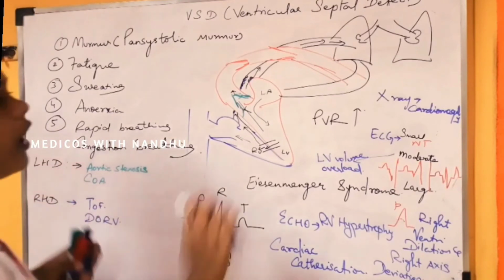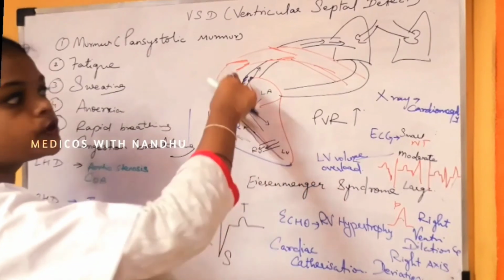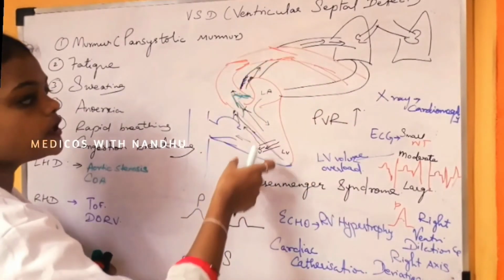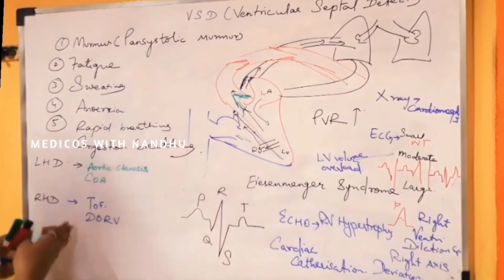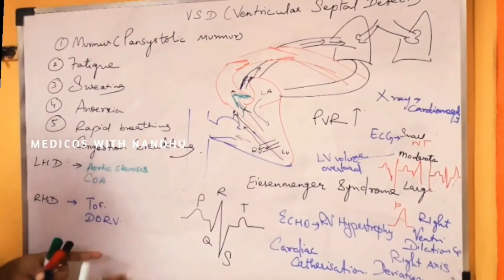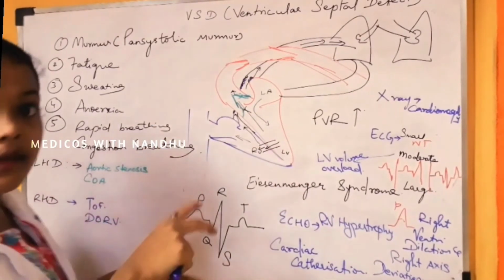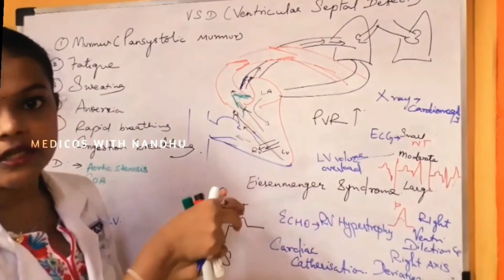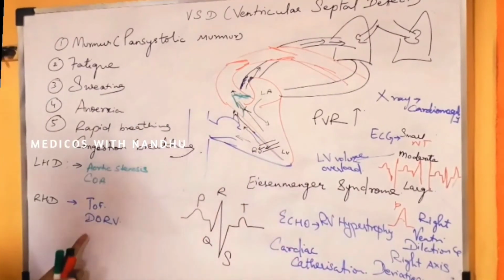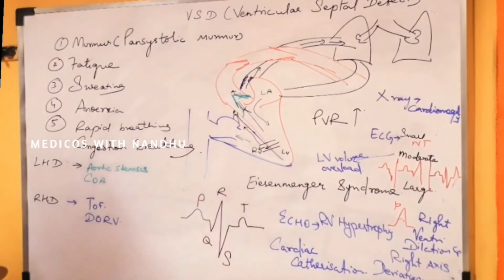So normally what happens? Left ventricle will give rise to aorta and right ventricle gives rise to pulmonary valve. So what happens in double outlet right ventricle is the right ventricle gives rise to the pulmonary valve as well as the aorta. So both the valves will be connected to the right ventricle. So this is known as double outlet right ventricle, and it's also a congenital heart defect. Okay. So these are the associated defects.